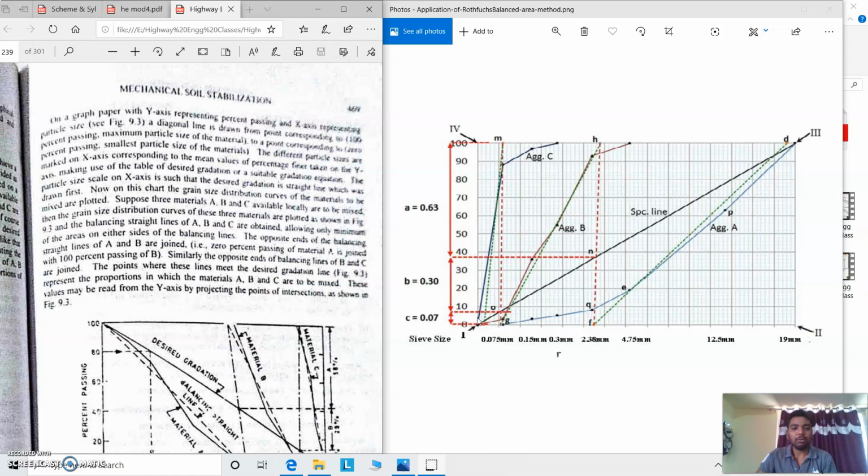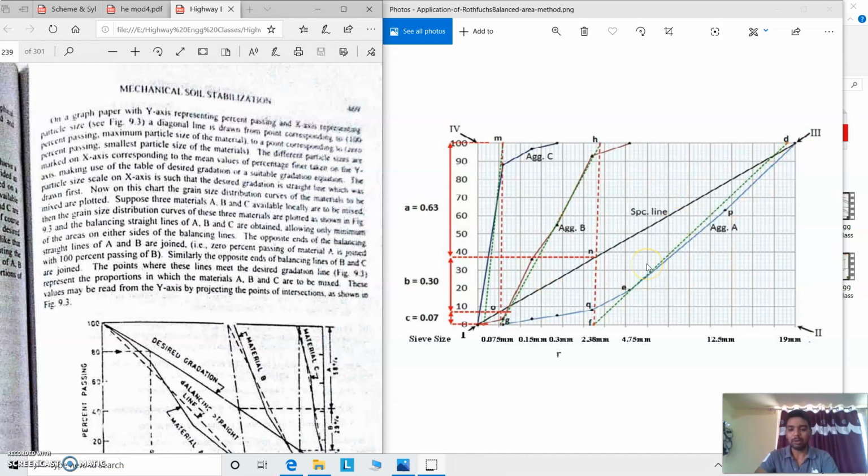In this regard, you have to write the steps involved in the plotting of this particular graph, right? In the first step you will be considering the particle sizes, that is CU sizes, and the y-axis representing the percentage passing. This percentage passing and CU sizes have to be plotted, and then a diagonal line is to be plotted. That diagonal line corresponds to the minimum percentage of passing and minimum CU size, and the second point of the diagonal line is the maximum percentage point to maximum CU size, right?